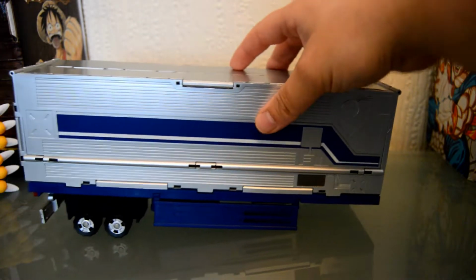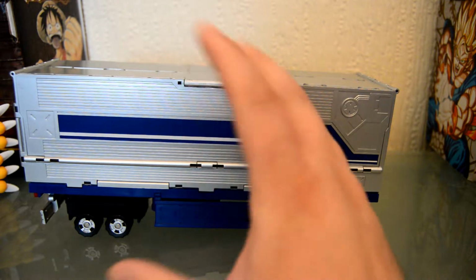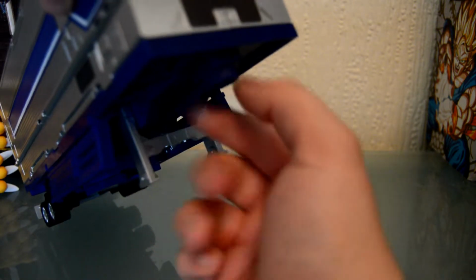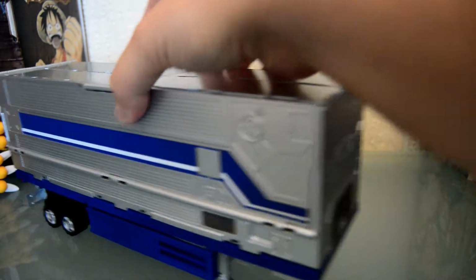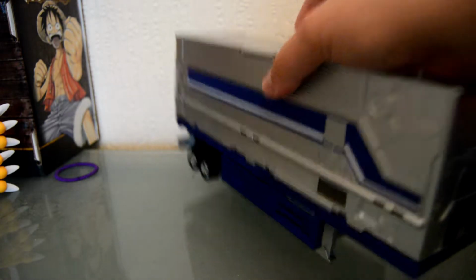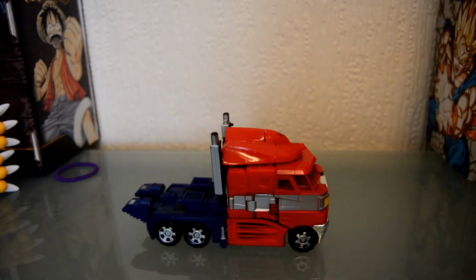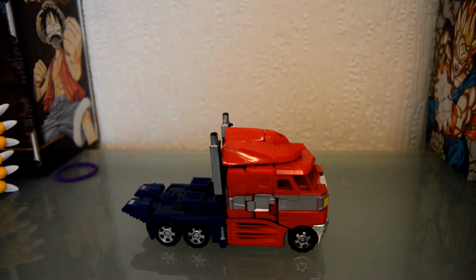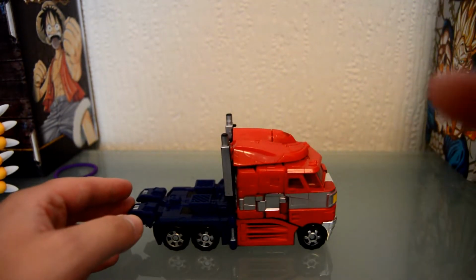We're also going to be taking a look at the G3 trailer by Fans Project as well, because obviously this came out for Prime, so he had his own version of a trailer. Obviously if I had some repro labels I would put an Autobot sticker there. But yeah, that is pretty much what I've got planned. Today we're going to be taking a quick look at this figure. So let's zoom in